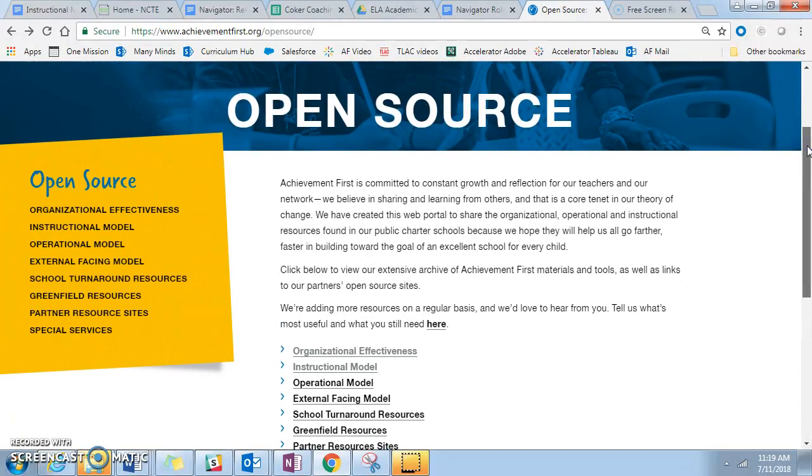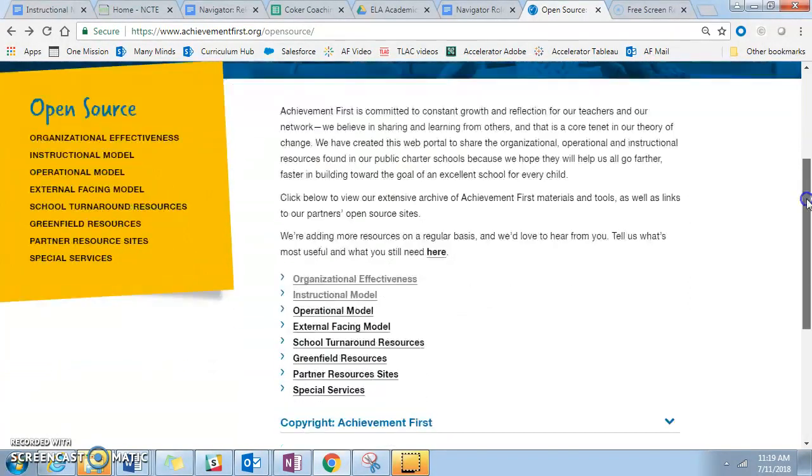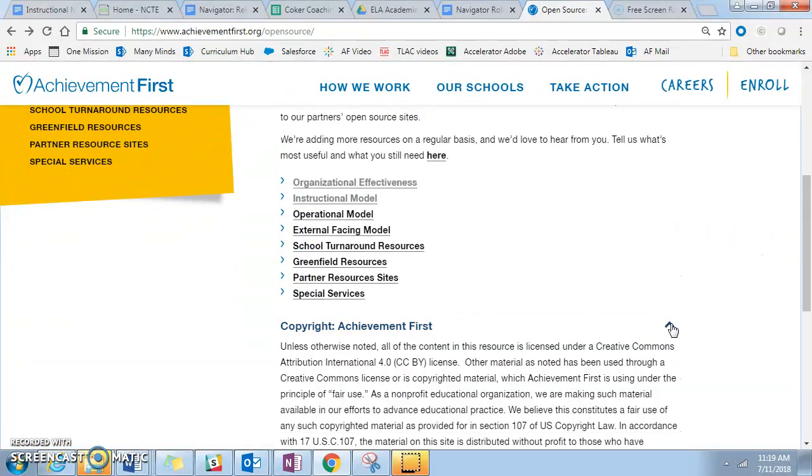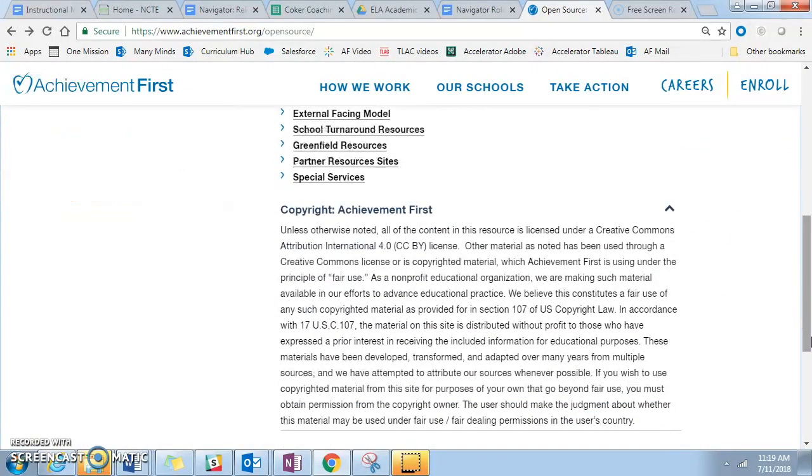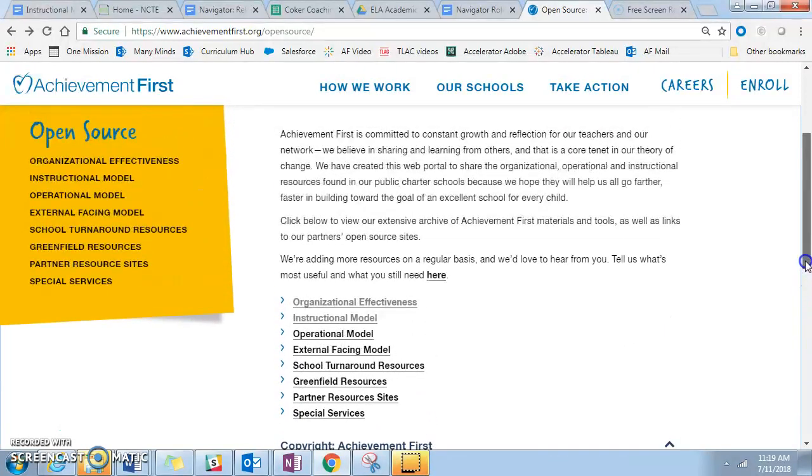Also, an important note about us here at Achievement First is that there is copyright information on the materials available here in our open source site. We are providing materials that are under one of the most liberal Creative Commons licenses, which essentially gives you permission to use these materials as you see fit. You may take them and use them verbatim. You may modify them for the sake of your own classroom, school, or network. Ultimately, however you use these materials to the best benefit of your students is what we are after.